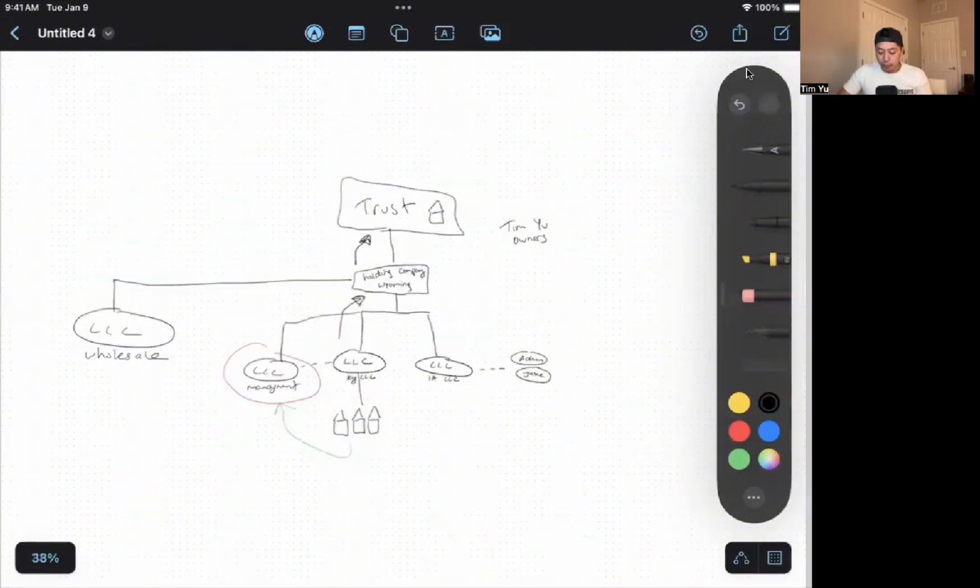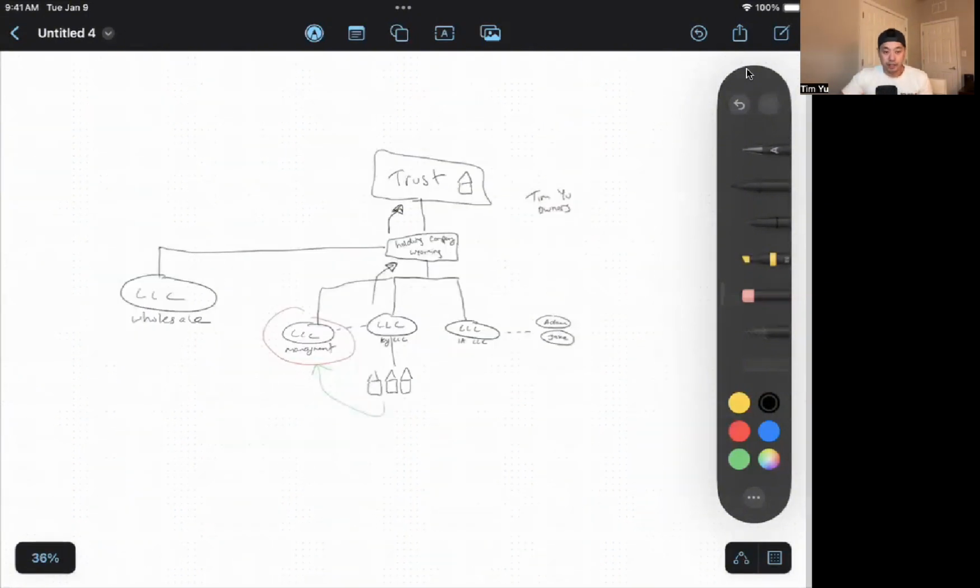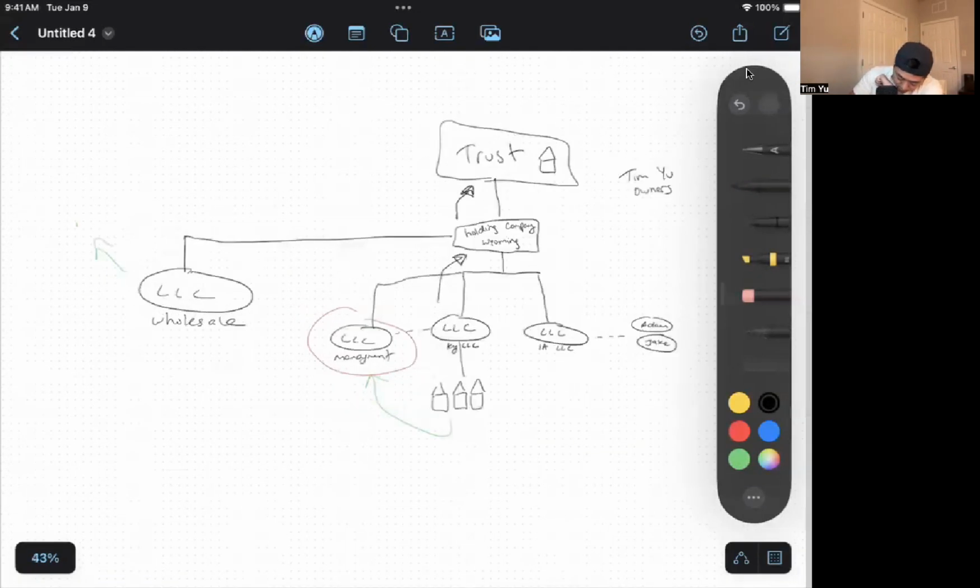So this is a pretty cool thing. This LLC in my wholesale business is obviously a separate entity because it's active income, right? This is a really important thing for taxes. So you want to split up what's active and what's passive. Most people don't really know the difference, right? But active income is most likely anything that you're making in less than a year.